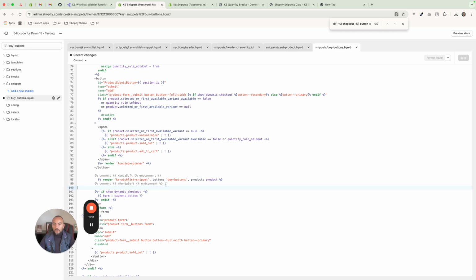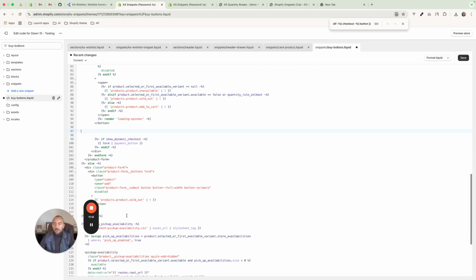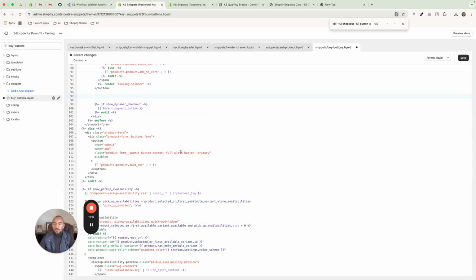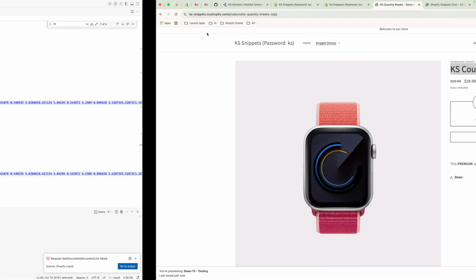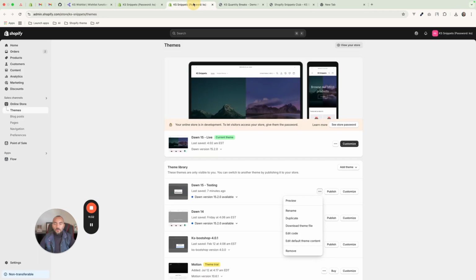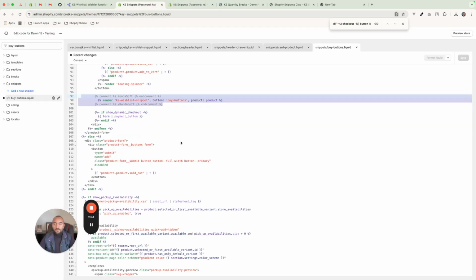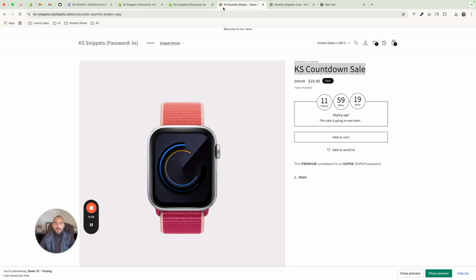For example, you can even have it in a different snippet within this product page here. For example, you can add it below the title or even below the share button. You can do so. Okay, now everything is working as expected,